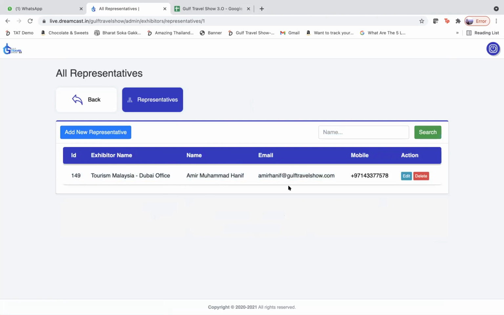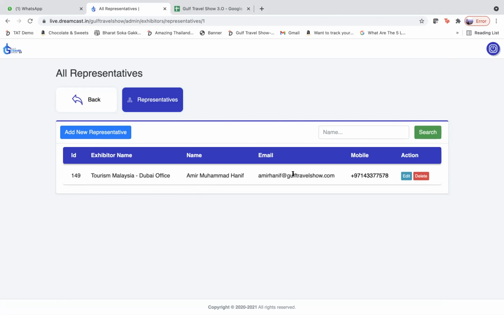As you can see, this is a dummy email address. What this means is that this is the email address that this particular representative, Mr. Muhammad Hanif, will be using to log in on the front end of the platform on the day of the show. How do we know that this is a dummy email address?